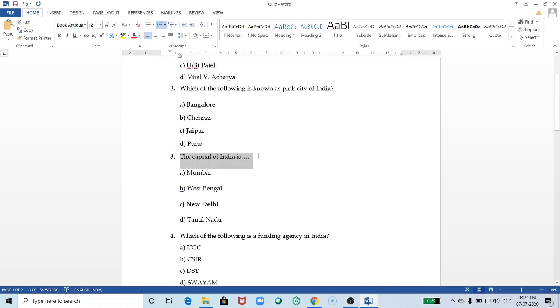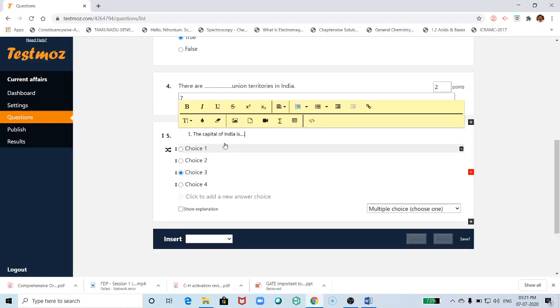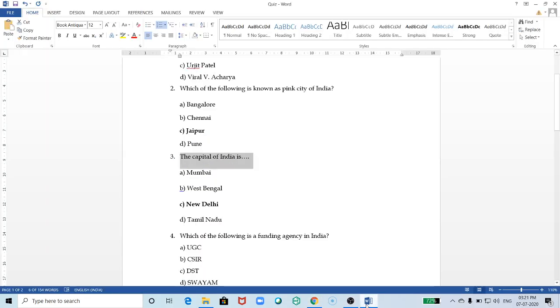So the capital of India. This is a multiple choice question.